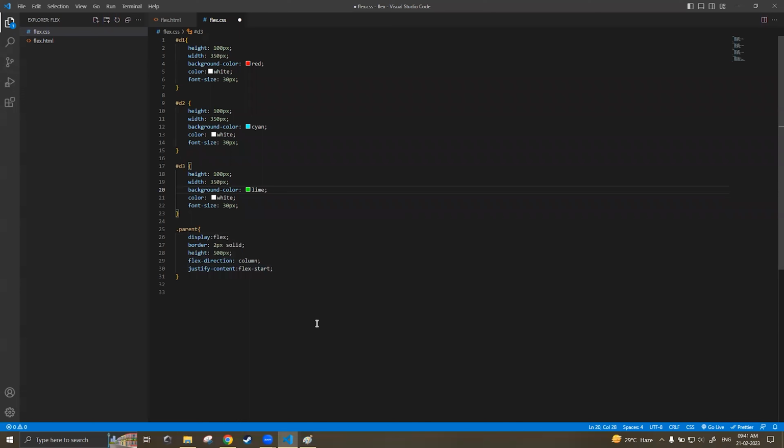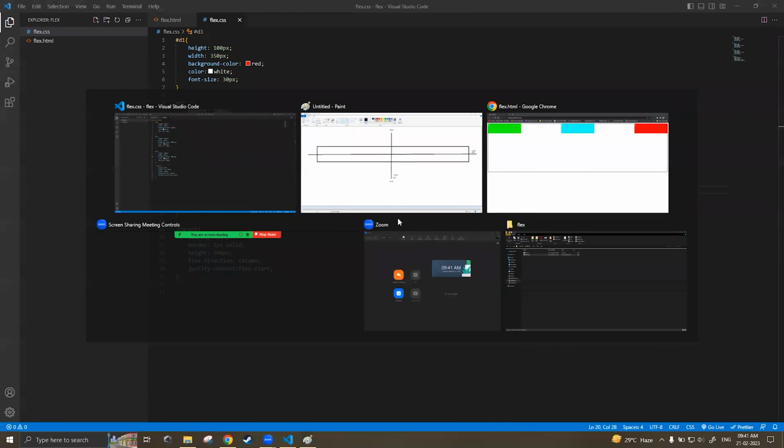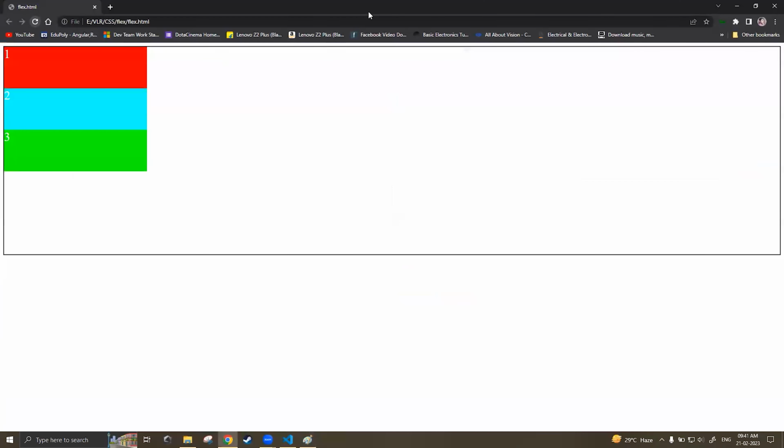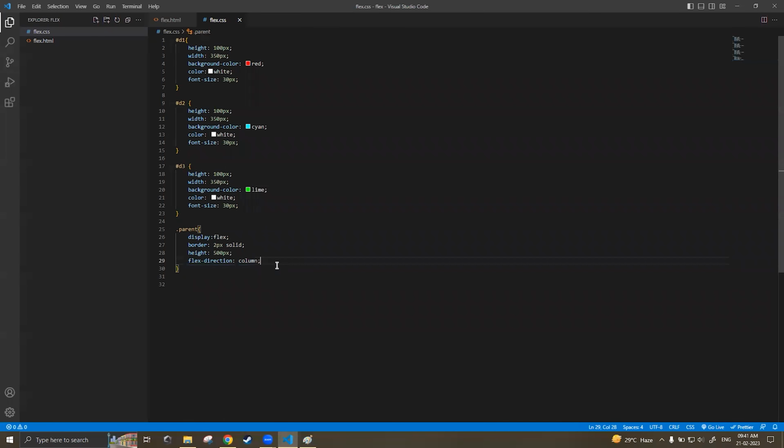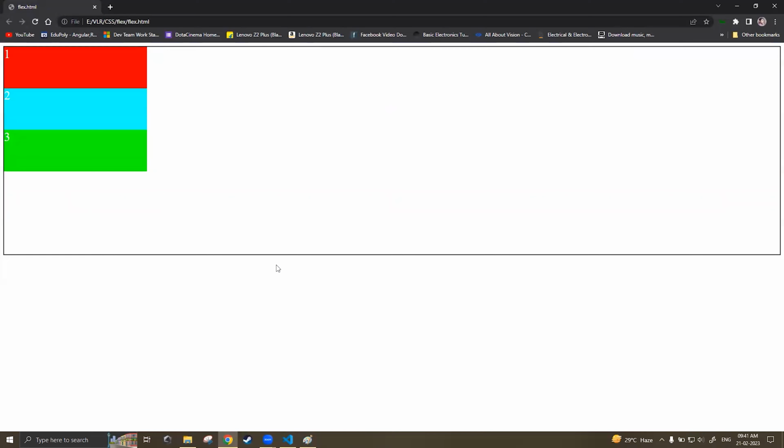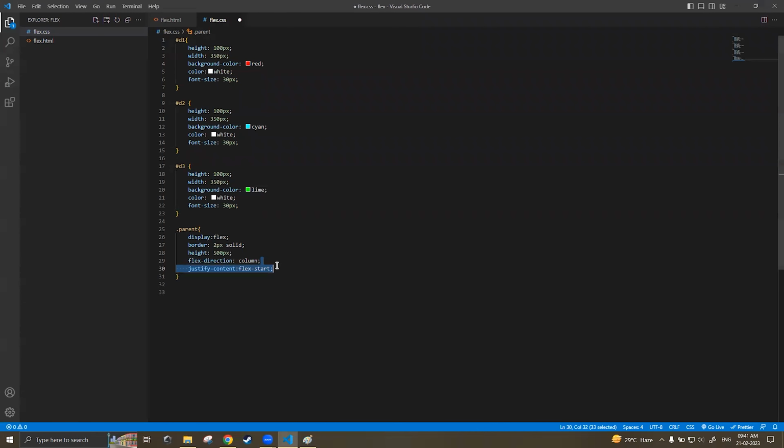So let me write here flex start and save this and go to the browser and reload. So I am getting here top to bottom manner, flex direction column and justify content flex start. That is the default behavior. So even if I remove the justify content, I'll not have any changes because that is the default behavior. Now what will happen if I apply